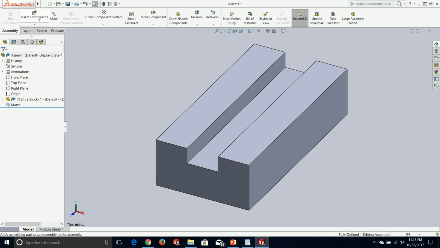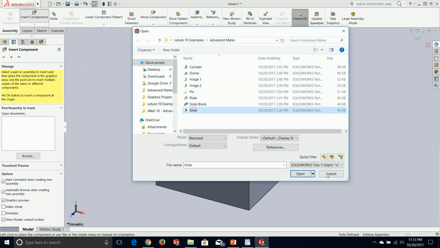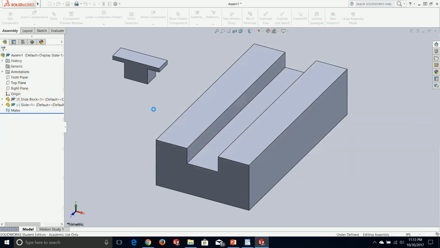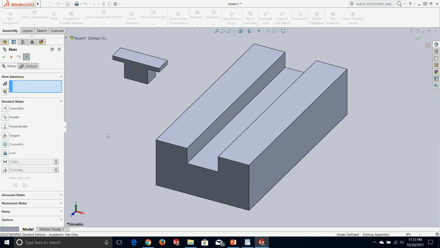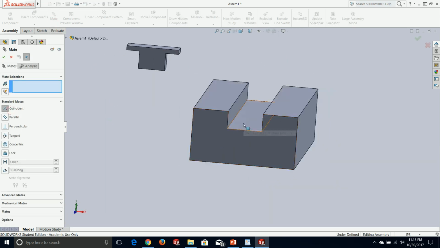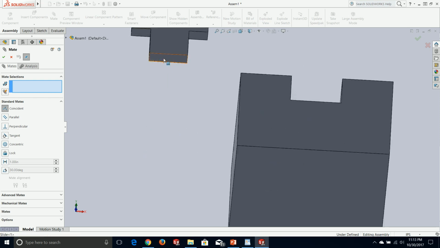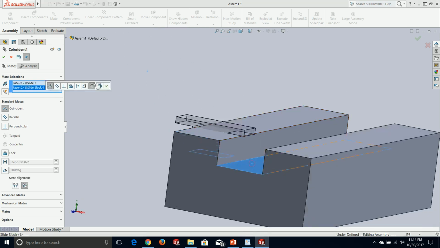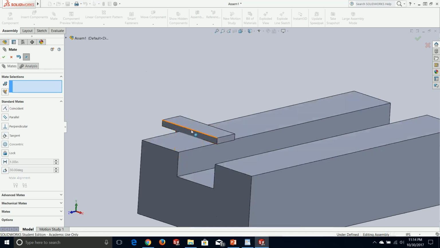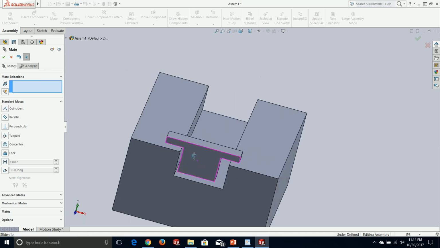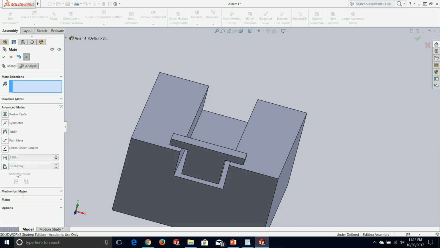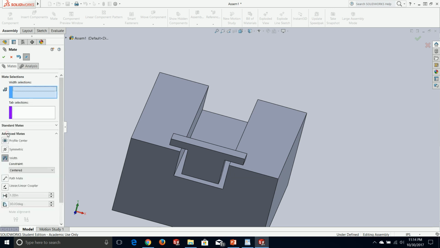And I'm going to drop in the slide part. And I'm going to make it coincident with this surface here. So I'm going to go like that surface, select that surface. So I'm free to move this all around. I can move it left to right, but let's just say I want it to split the distance between both walls. So under the advanced mates, I come over to width, and what we see under here is the first